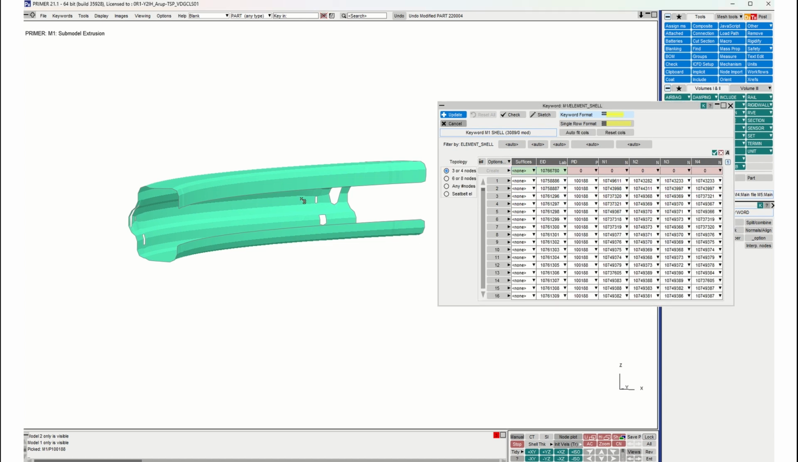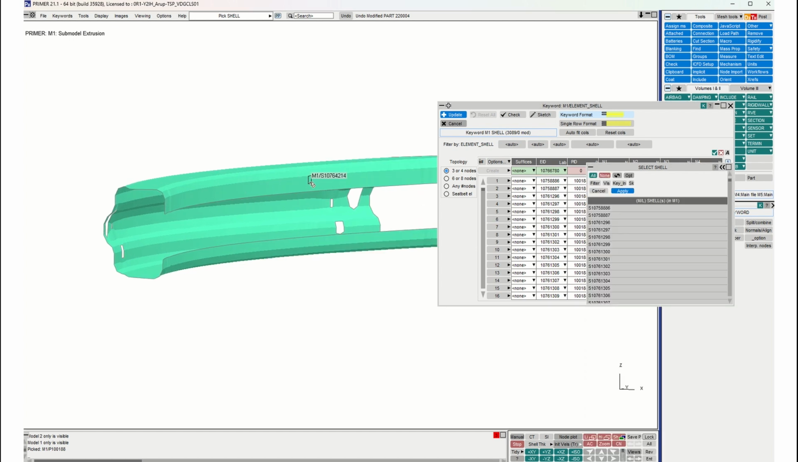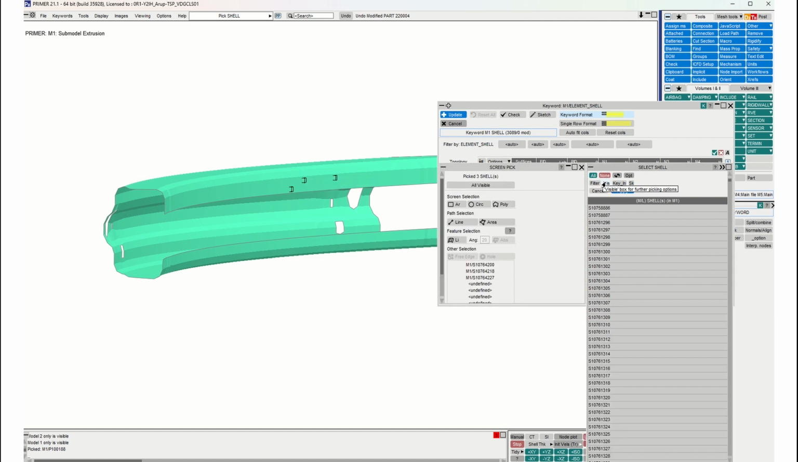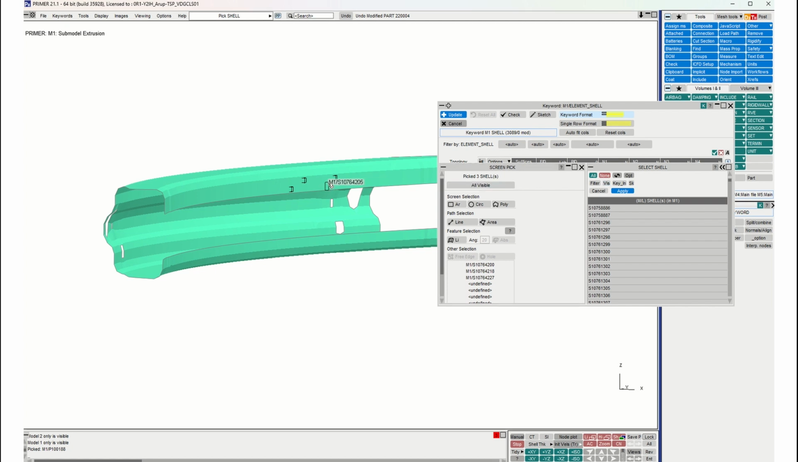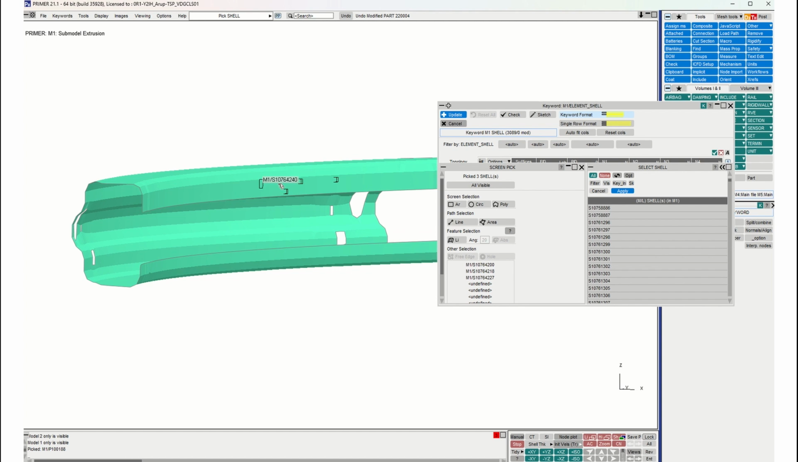How do we do that? Currently the keyword editor has all of the shell elements, but we want to isolate them using the options button. If we press options and select, this gives us more options on how we can select entities. I can pick them one by one, but that's a little bit inefficient. So we're going to go into the quick pick tools that we have in Primer. Because I'm going to select the wall elements at the back, I'm going to use a feature line selection over here with a